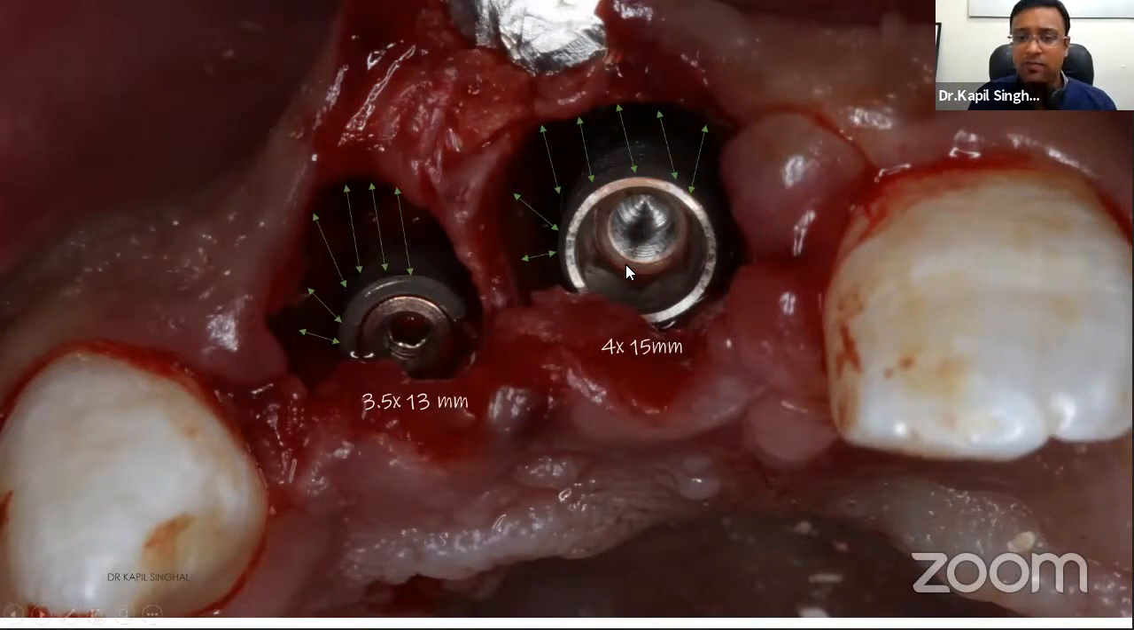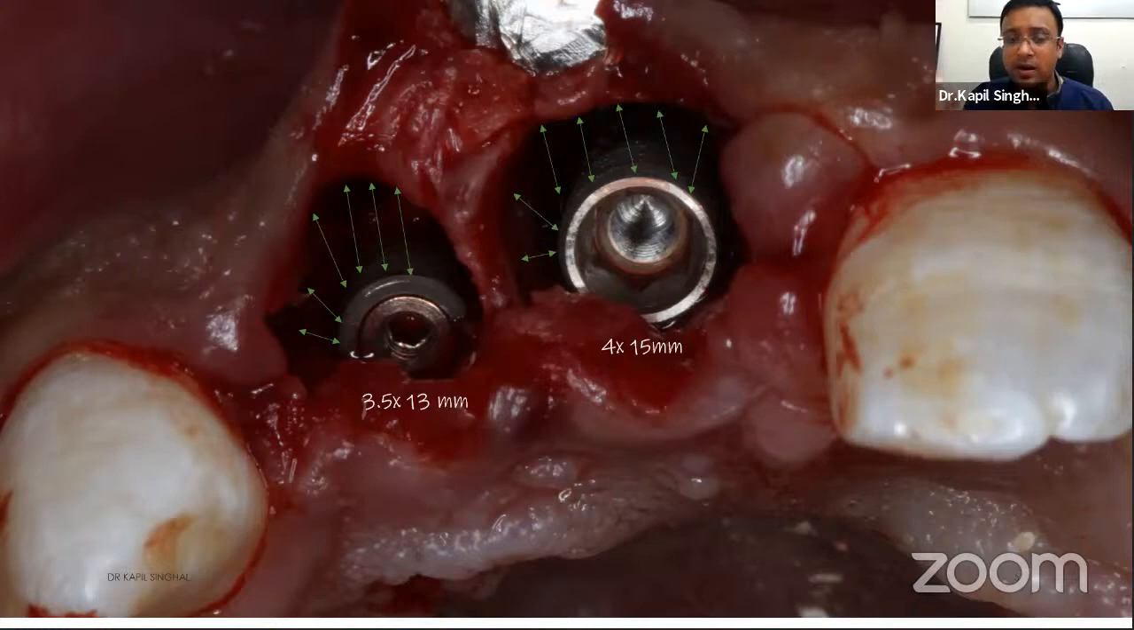I placed a 4 by 15 mm implant in the central incisor and a 3.5 by 13 implant in my lateral incisor, and see the distance of my implant with the labial plate. There is a distance of around 1.5 to 2 mm, more than 2 mm, I guess. So this prevents any type of tension or any type of forces on my labial plate,